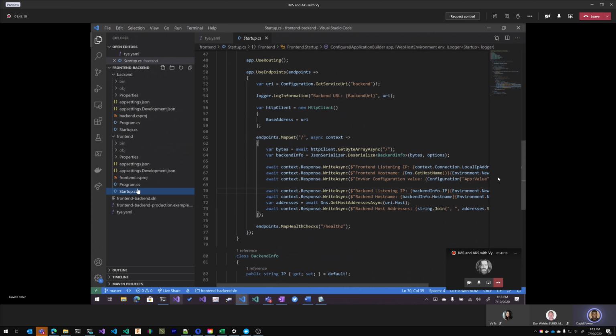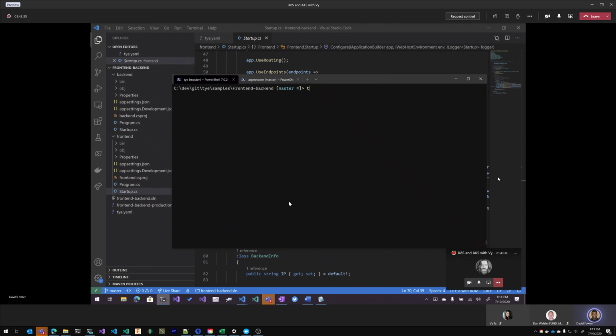So very simple, right? If you were going to run this locally by hand, you would launch two consoles. You would run two applications. You would pass the IP of the backend to the front end manually via configuration. So we said, what if we just made all of that automatic? And we had conventions for flowing config from one app to a different app, and we had a way to run multiple applications. So Tye actually does support running apps